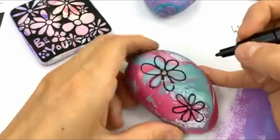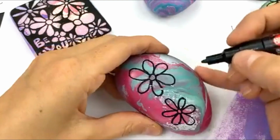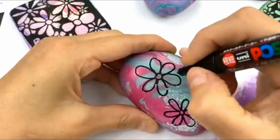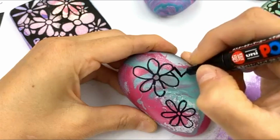So when you're doing these letters, this might be the hardest part, doing letters. Love is actually a pretty easy word to do this way, just because the letters involved in it are pretty simple. I'm gonna have it going up and down on this, so I'm just gonna put my letters on. If you cannot block out letters like this,